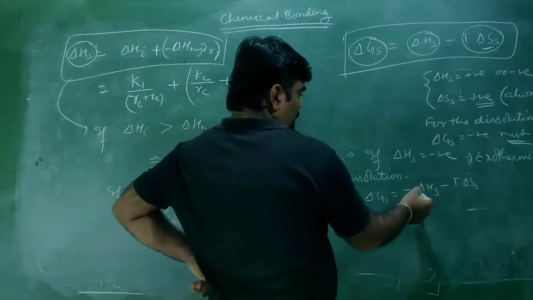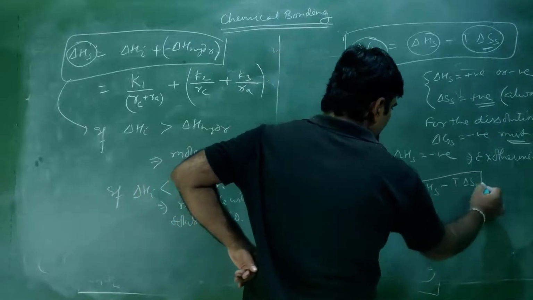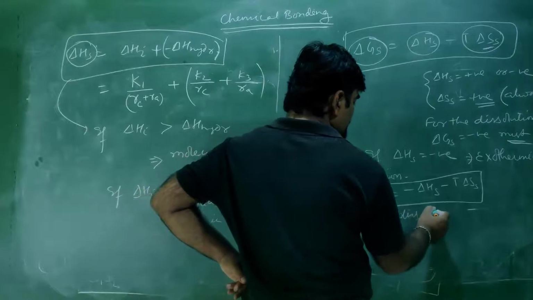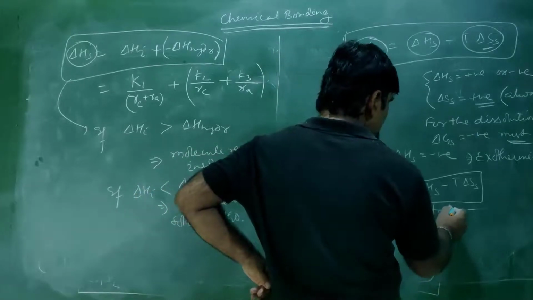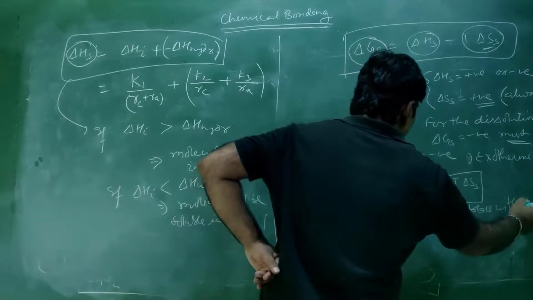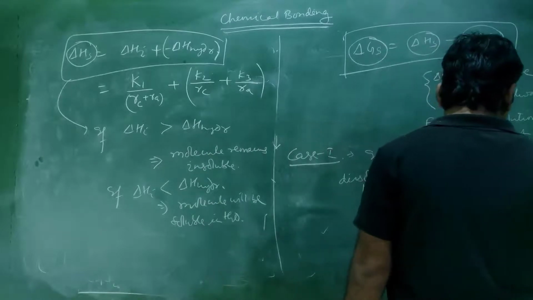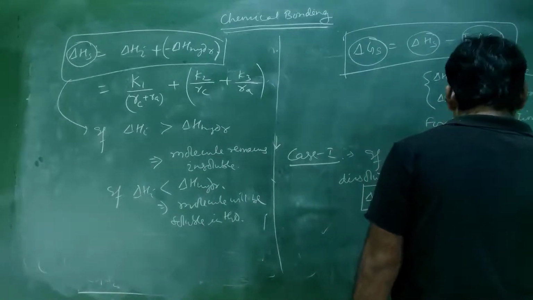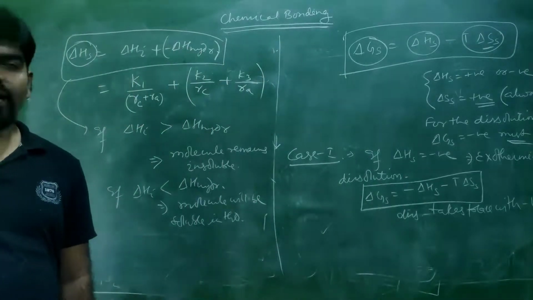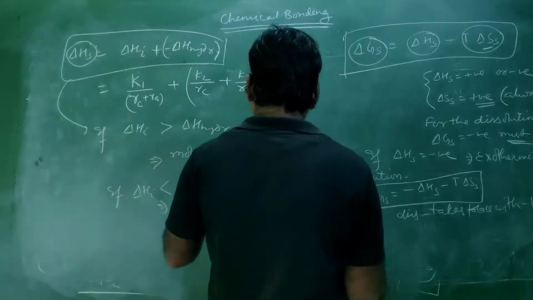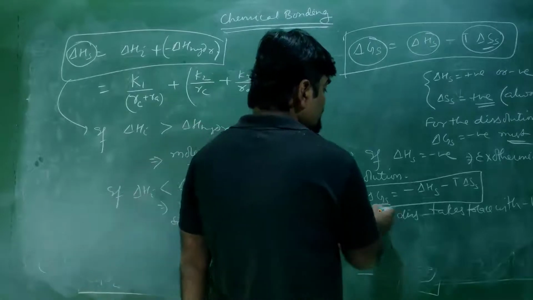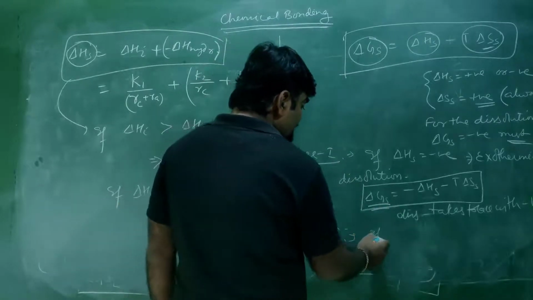If this is negative, what does it mean? Dissolution takes place with decrease in free energy, with negative value of del Gs. So the molecule is soluble. So if del Hs is negative, the molecule always remains soluble. Okay, that is case 1. Why soluble? Because del Gs is always negative. Case 2: if del Hs is positive,